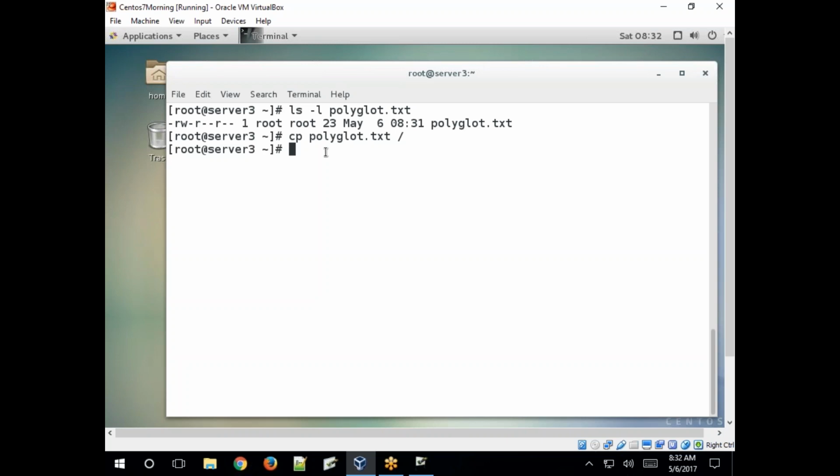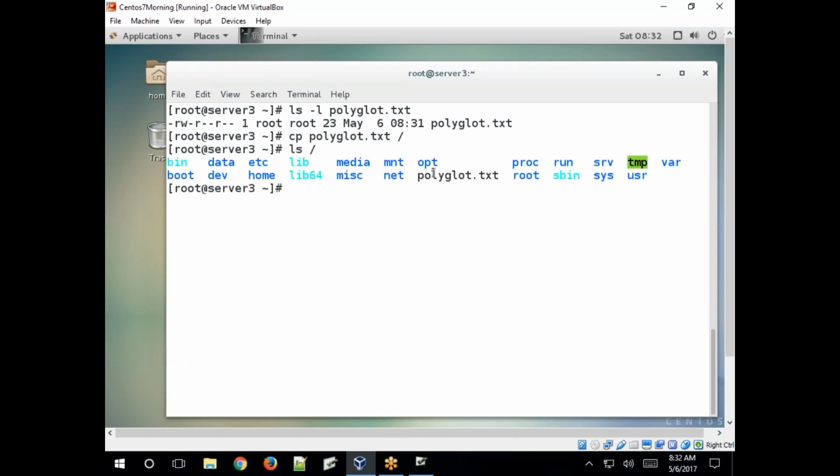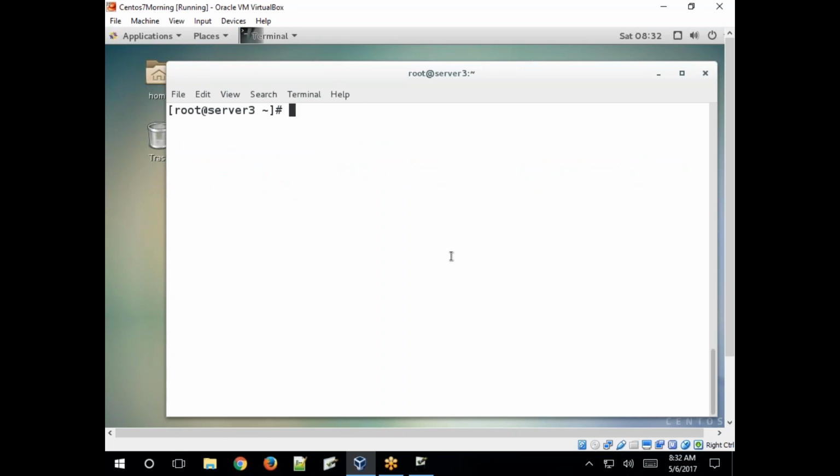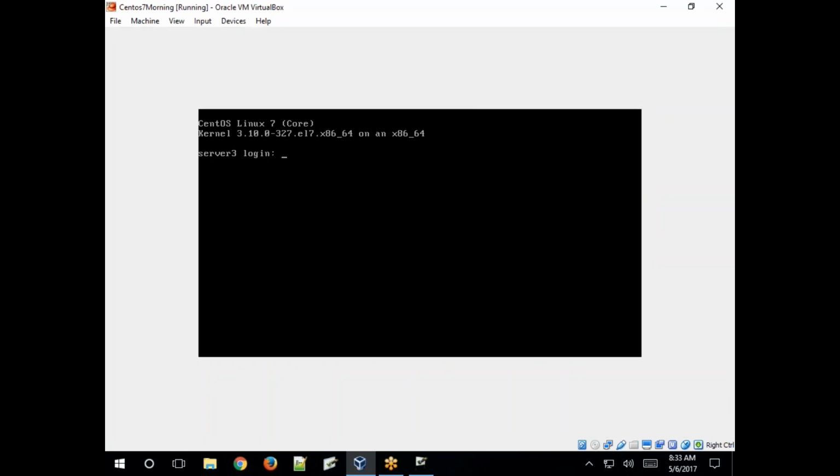Okay, so how to test? Copy that file to the top level directory. Okay, so ls, see, file is copied, right? Now users can access. Now log in with Suresh user account, any other user account. Control Alt F2. Suresh user account is there, right? 1, 2, 3, 4, 5, 6, 7. Login. ls. This is Suresh user home directory, pwd.